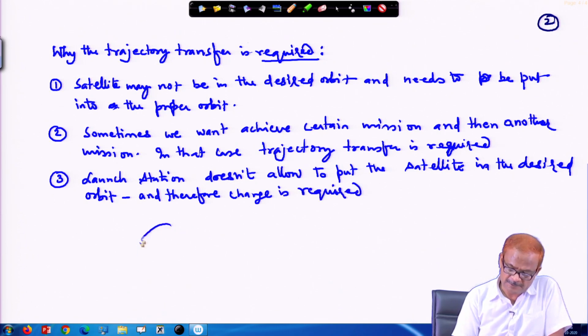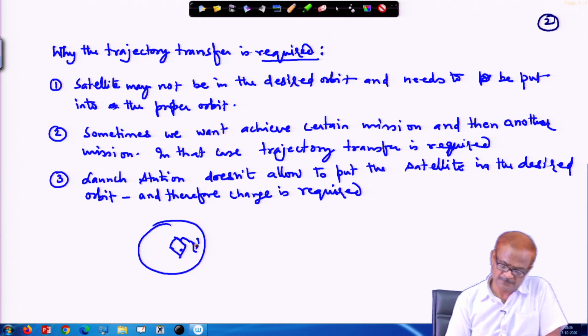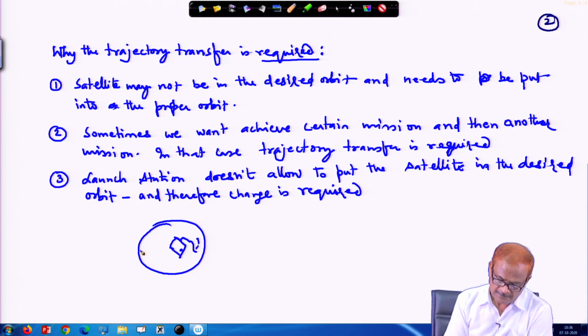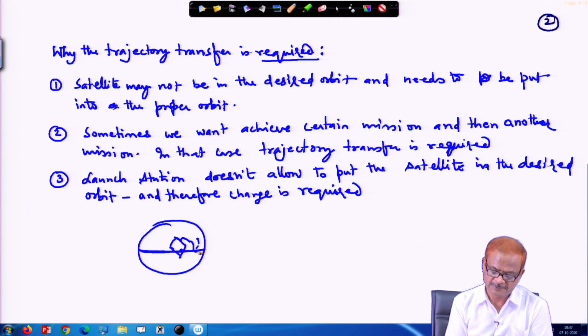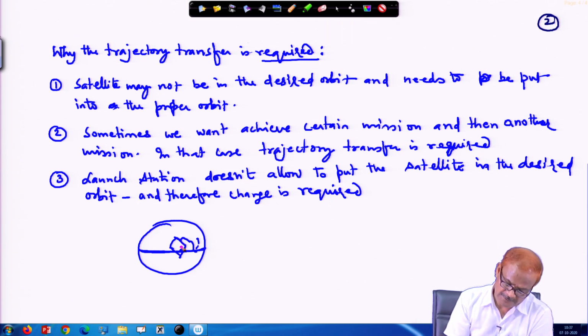And this especially happens in the case of India. If you see, India is located here, and here Bangladesh and other countries are there, and your SAR is here in this place. Okay. So you want to launch a satellite in the equatorial orbit, say you want a geostationary satellite, and this is the equatorial orbit, but the launch station position is somewhere off of this. Okay.